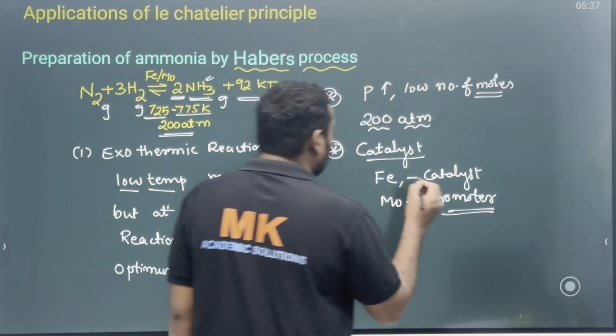We already know a catalyst does not have any effect on the state of equilibrium. But what can a catalyst do? A catalyst can speed up the attainment of equilibrium. So to speed up the attainment of equilibrium they use the iron catalyst,